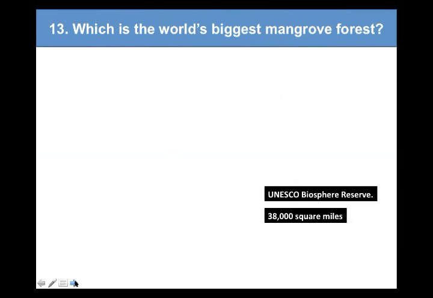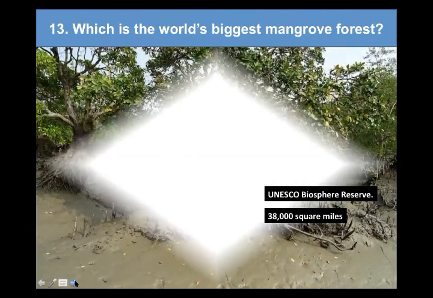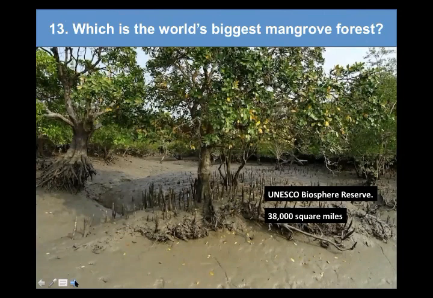But the world's biggest mangrove system is the Sundarbans. The Sundarbans was announced as a UNESCO site in around 1985, and later, in the 1990s, also as a UNESCO Biosphere Reserve, which covers 38,000 square miles of